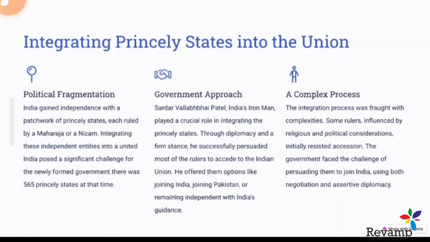He approached the princely states sometimes with power, sometimes with love, and sometimes with some sorts of concessions also. First, he said that the people of India wanted to integrate with India, not remain with the state. Second, he assured these princely rulers that some flexible autonomy would be granted to them, and that the central government would not assert all its control over them and snatch away all their power and property. So later on, privy purses were granted, which Indira Gandhi later abolished. These are the offers that he gave to the princely states.